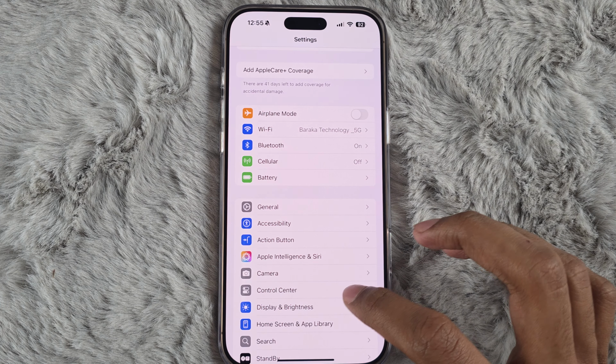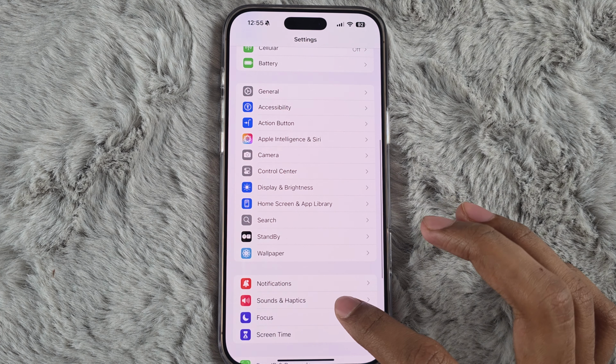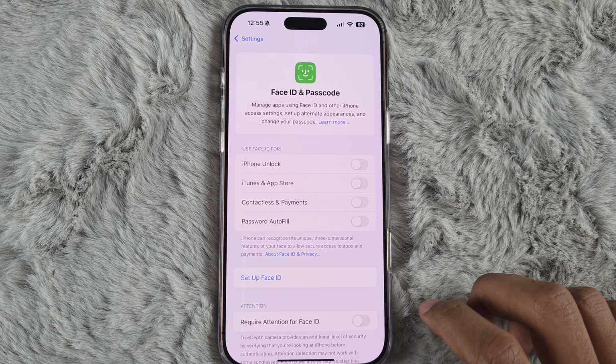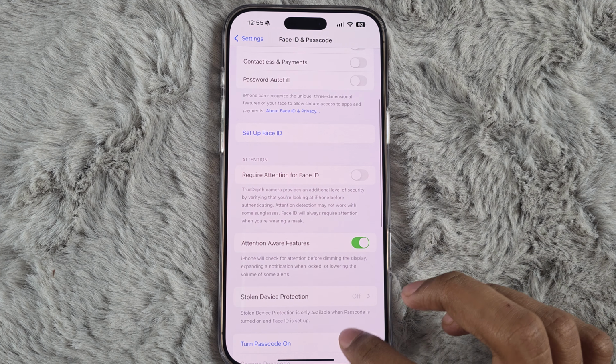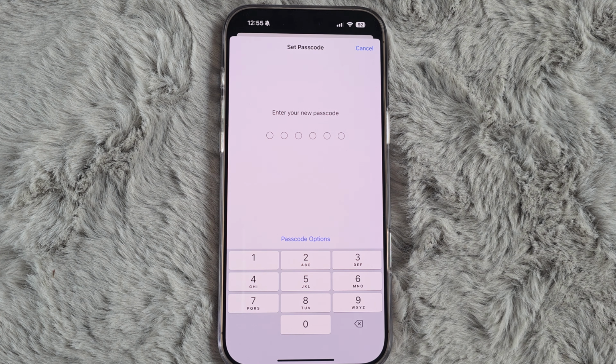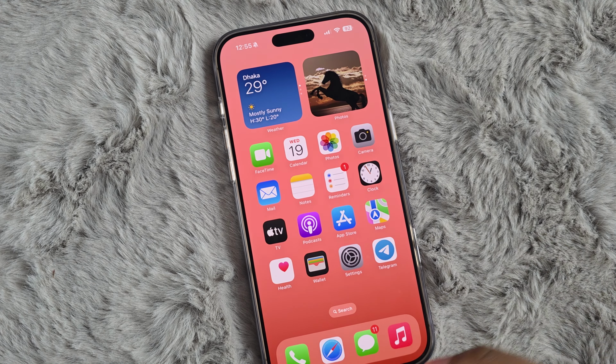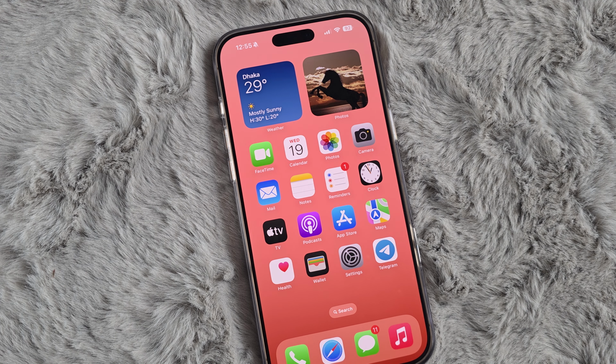Then go to the Face ID and Passcode option. Scroll down and tap on this option and set up your Face ID or turn on passcode. And after saving your passcode or Face ID on your iPhone, then you have to find the Messages app on